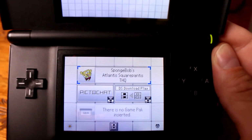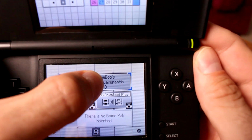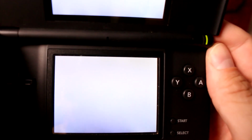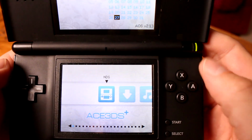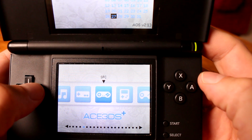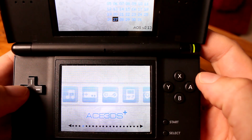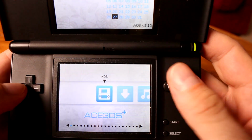So it comes up with SpongeBob SquarePants on the menu. If you tap that, you're taken to a second menu. There's a whole load of options here for playing Mega Drive and Game Boy games and all sorts, but all of these are empty. So I'm assuming, again, assumptions, that you can put other ROMs in there for other consoles